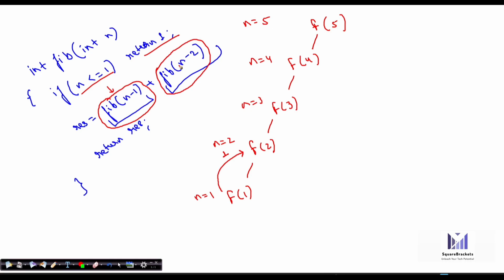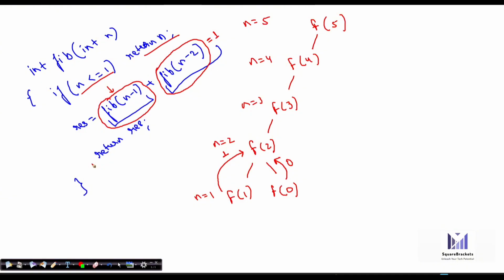Now fib n minus 2 will be executed. So it is going to call f0. Why? Because n becomes 2, so 2 minus 2 is 0. Now again, if n is less than or equal to 1, it will simply return back. Actually, I am going to return n, not 1. So we will return n, whatever the n is. So this f0 will return back 0. I hope you are able to understand. So first 1 was returned from here, then 0 was returned. Now 1 and 0 are returned, so add them. It becomes 1 plus 0, 1.